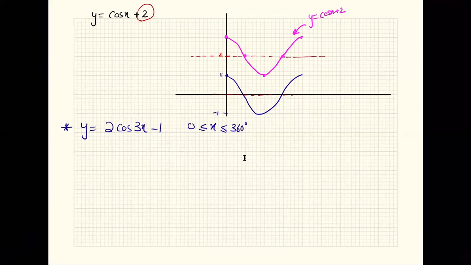ठीक है. तो अब एक तरीका तो ये है कि सबसे पहले मैं cos 3x को बनाऊं. फिर मैं उसको टाइम्स 2 करूं तो एम्पलीट्यूड इंक्रीज हो जाएगा. फिर मैं पूरा का पूरा ग्राफ -1 यूनिट नीचे ले जाऊं. तो बहुत सारे स्टेजेस हो जाएंगे इसको करने के. ठीक है. The quicker method would be that you can use the calculator to find out the relevant points.